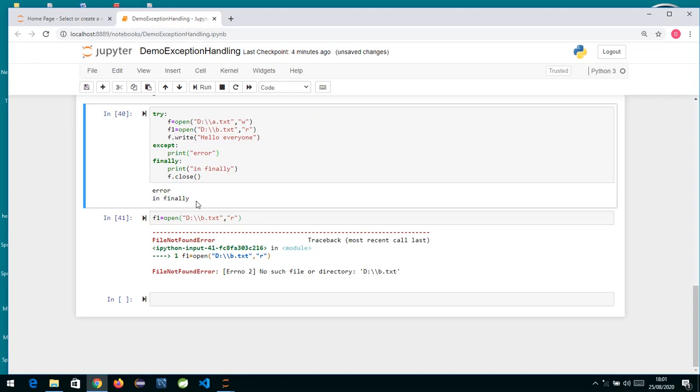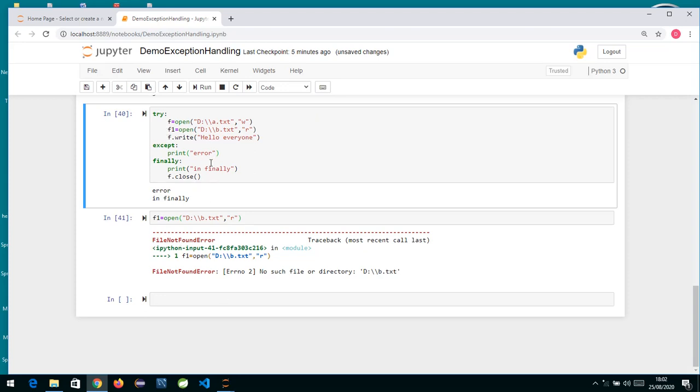So what we can see over here is, even if there is an error or even if there is no error, it will always go inside which block? Finally block. So finally is a block which is normally written for closing the resources which are open. Whichever resources we have open, we close them over here. So this is a block which is irrespective of the result of the try and except blocks. This block will always be executed.